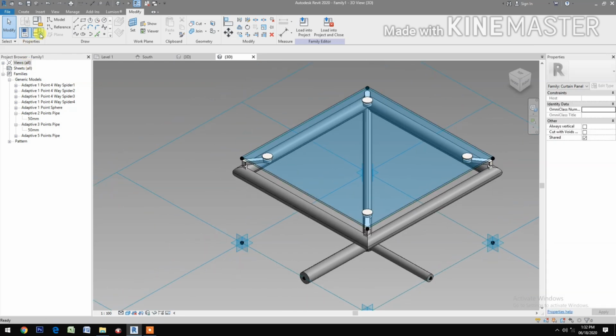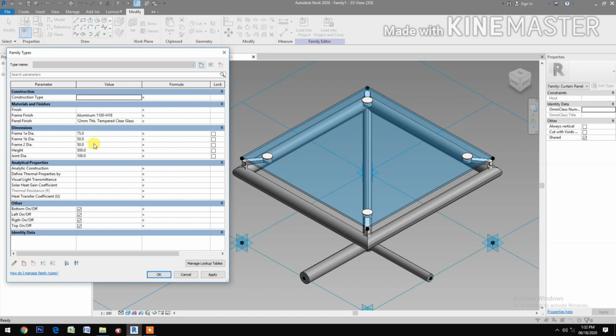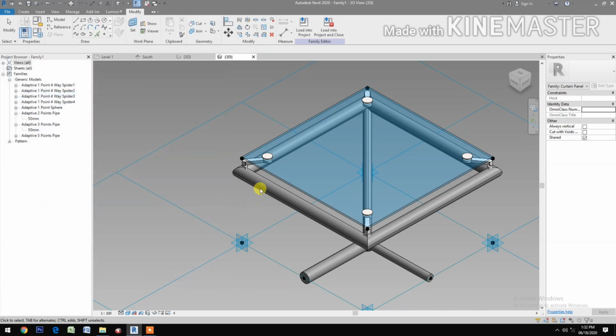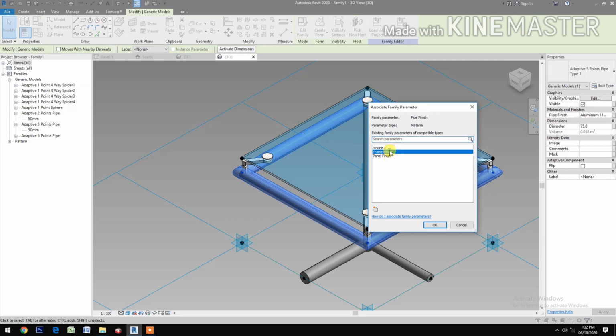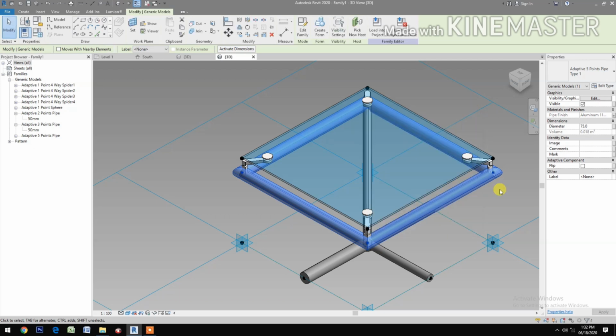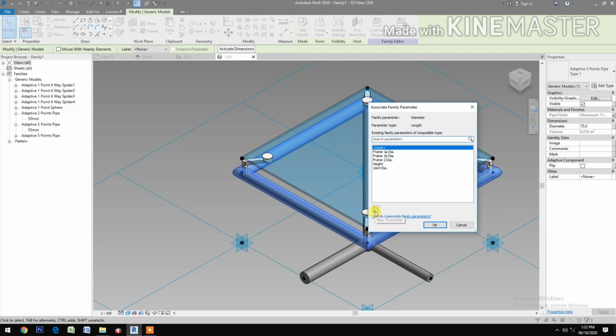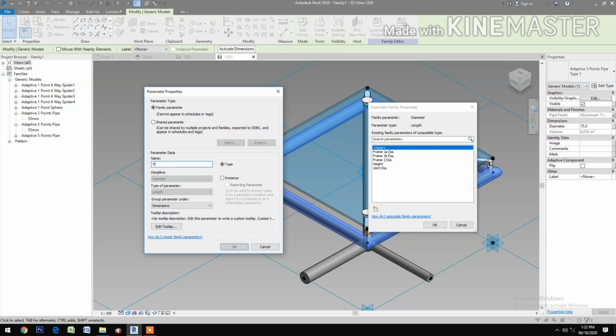So go to family types. Let's change the, wait, we forgot to make a parameter for this pipe. Go to pipe finish, select the frame finish. For the pipe diameter, let's create a new parameter. Let's name this frame 3 diameter. Okay,